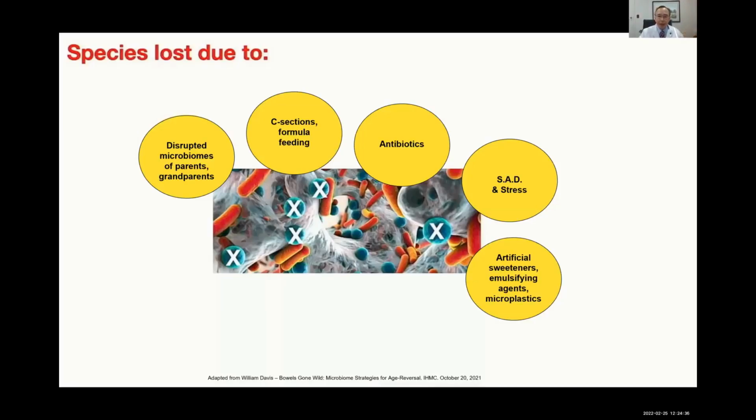sucralose devastated 50% of the microbiome in an animal model. And since then, we've documented additional artificial sweeteners like aspartame can also have a very profound effect on the microbiome, leading to dysbiosis. Emulsifying agents, we're just beginning to see some research in this area, and they can also have a significant disrupting effect. Something we don't think about a lot, but microplastics can be there, like through salt. In fact, one recent study